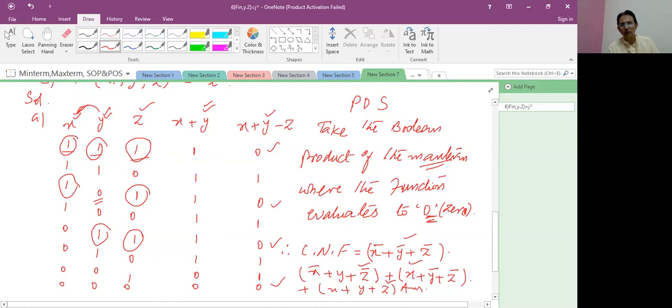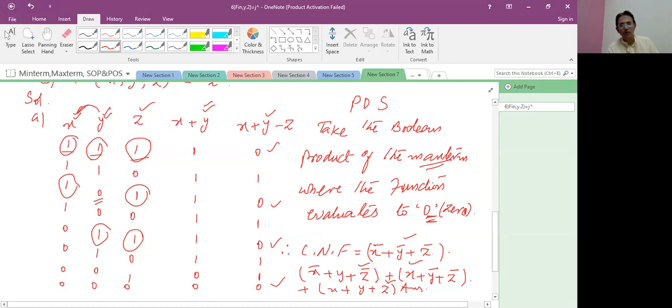So we will write the CNF, the conjunctive normal form. Maxterms we write in the addition form. So x complement, y complement and z, because all are opposite to 0. But here x and z both are opposite to this function. So we will take the complement, x complement plus y complement, y plus z complement, because